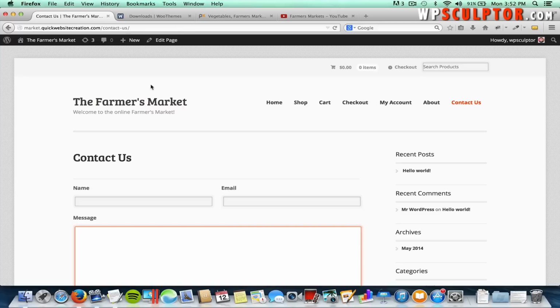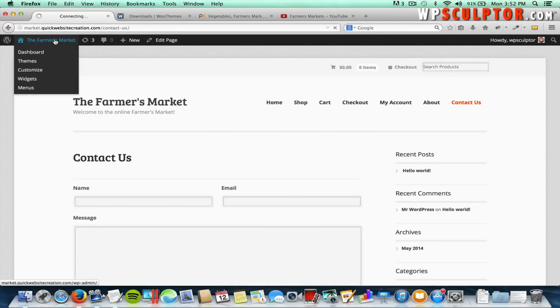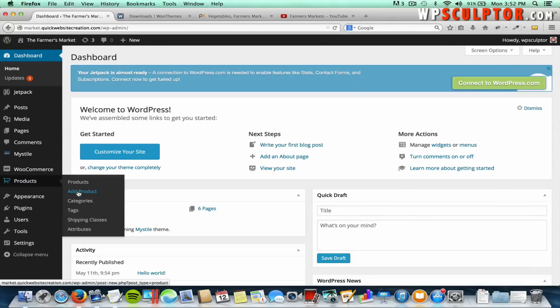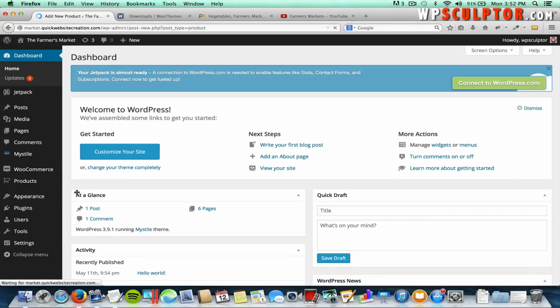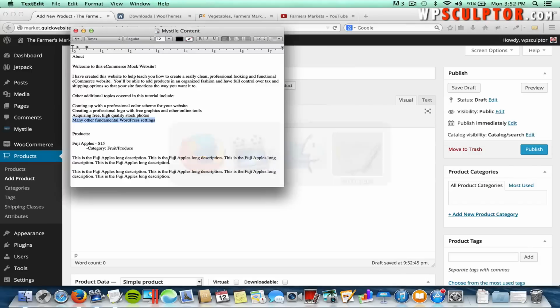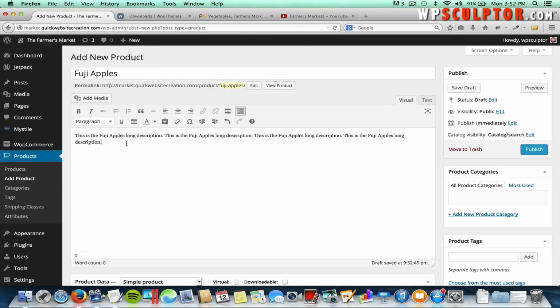Alright, the next thing we're going to do is create our first product, and to do that, let's go back to the back end. And you're going to click on Products, click on Add Product, and you want to give your product a name, and for this one we'll create the Fuji apples. And then right here, this is where your long description is going to go. So I'm just going to copy and paste in the long description that I have. Just paste that in there,